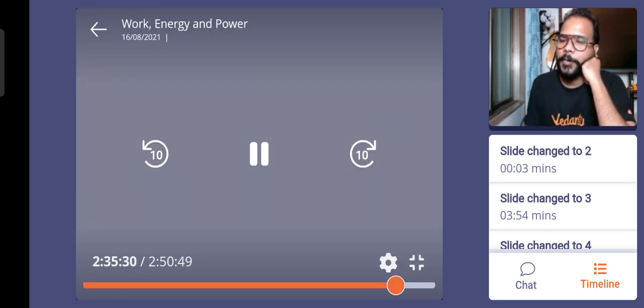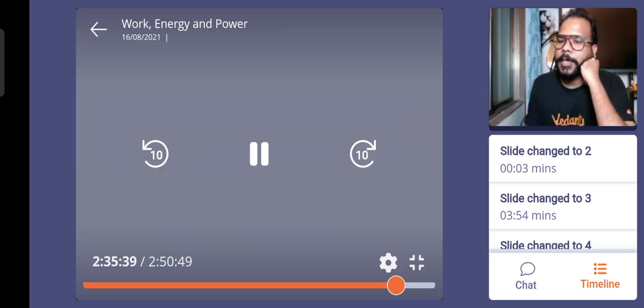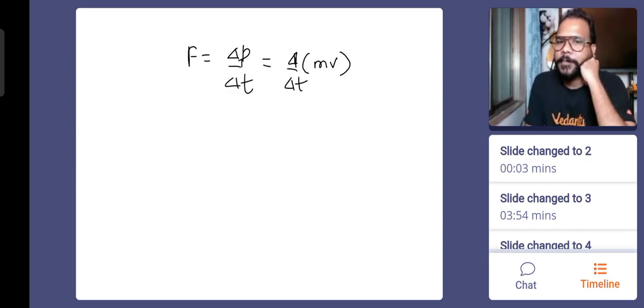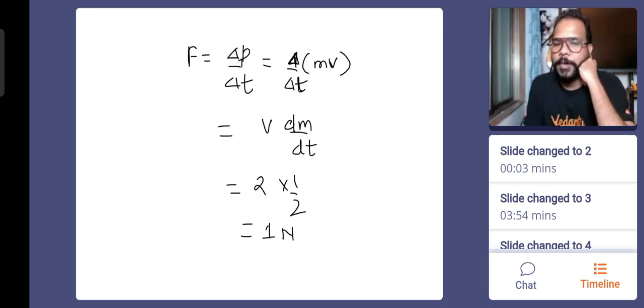Gravel is dropped on a conveyor belt at the rate of 0.5 kg per second. The extra force required in Newton to keep the belt moving at 2 meter per second. और क्या इन्फॉर्मेशन दी है, kg per second और वेलोसिटी। अरे यार, फोर्स क्या होता है, रेट ऑफ चेंज ऑफ लीनियर मोमेंटम, राइट, और मोमेंटम को हम क्या लिख सकते हैं, मास इनटू वेलोसिटी। अब यहाँ पे वेलोसिटी कांस्टेंट रखनी है, मास कंटीन्यूअसली गिरता जा रहा है, इंक्रीज होता जा रहा है, तो v Δm/Δt या v dm/dt। तो v कितना दिया है, 2, dm/dt कितना दिया है, हाफ, आंसर शुड बी 1 न्यूटन, दैट्स ऑल, ओके।